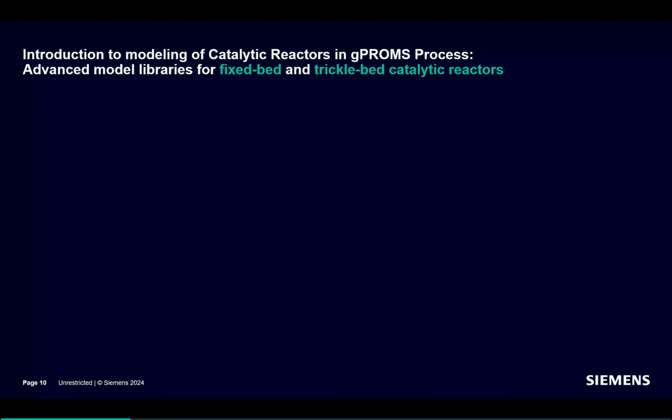Thank you. Hi, everyone. My name is Stepan Spatenka, and I'm head of our catalytic reactor practice as part of the Competence Center for Process Modeling. And the key responsibility of our practice is the development and maintenance of advanced model libraries for fixed bed and trickle bed catalytic reactors, supporting our users as well as delivering some services related to these areas. Let me start with briefly introducing the scope